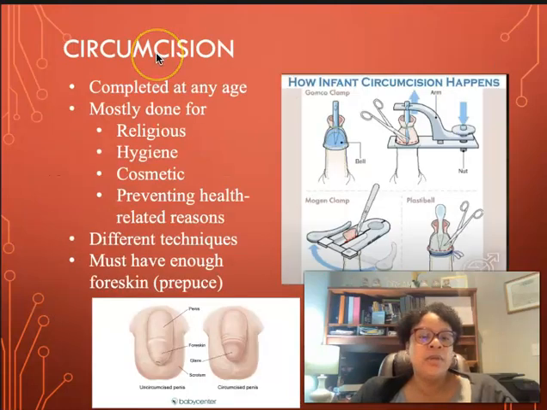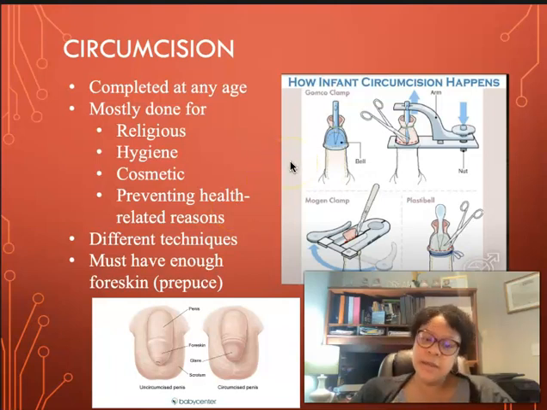Okay, so circumcisions. We do need to talk about circumcisions just for a little bit. It actually can be completed at any age. It is an optional procedure if a family has a boy, and usually a lot of people do circumcision, but increasingly it's getting to the point where sometimes they do not do it, and there are many reasons why they do and